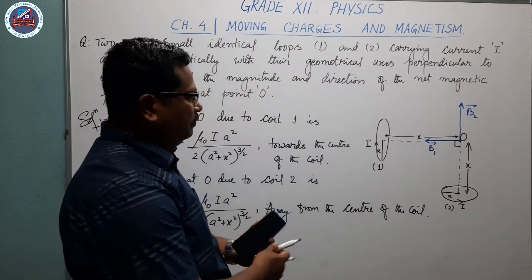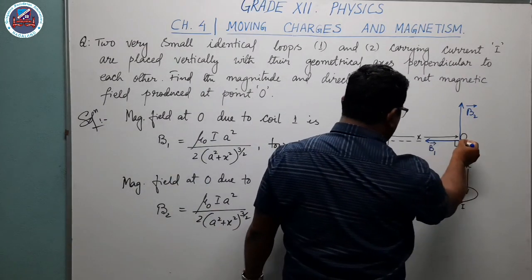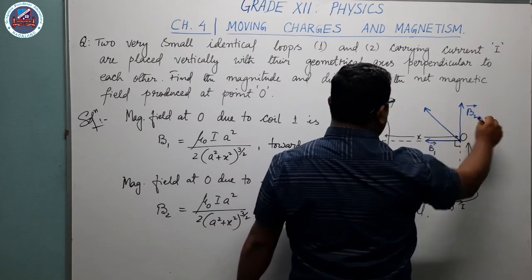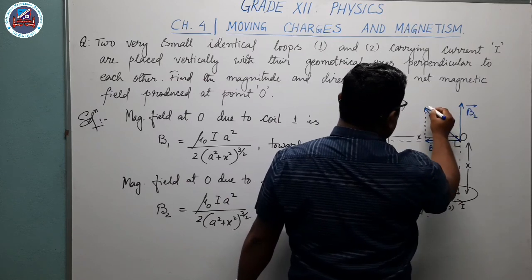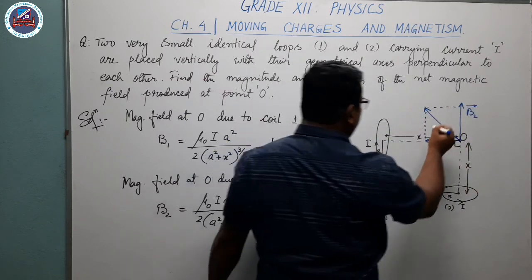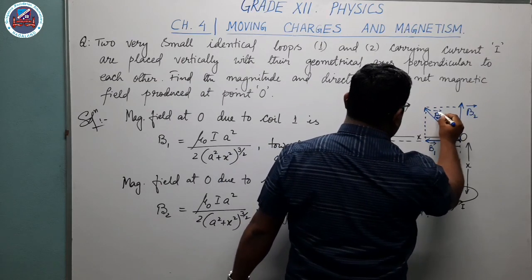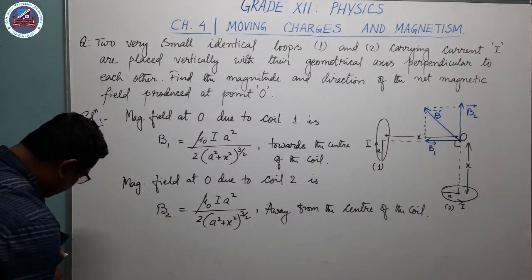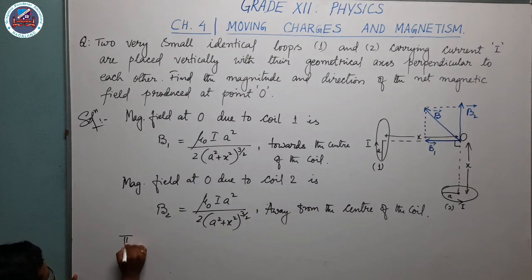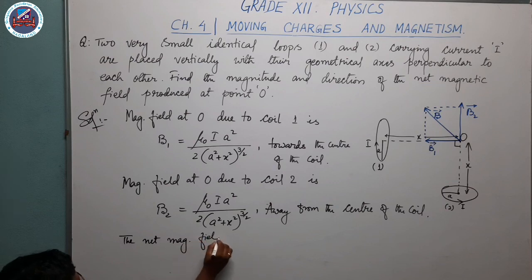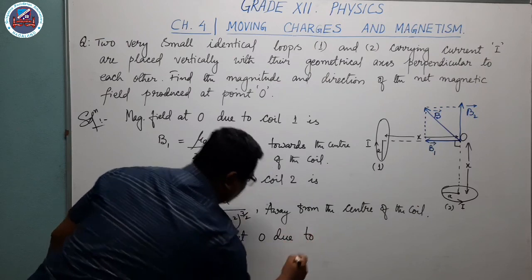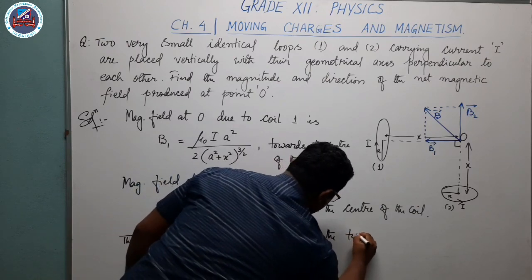Now the net magnetic field, you will get it along the diagonal. These two are co-initial vectors, like the two adjacent sides of a parallelogram. So if you find the net magnetic field, this will give you the net magnetic field B. The net magnetic field at O due to the two coils